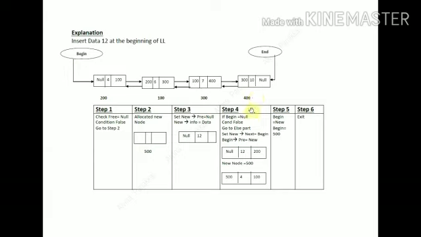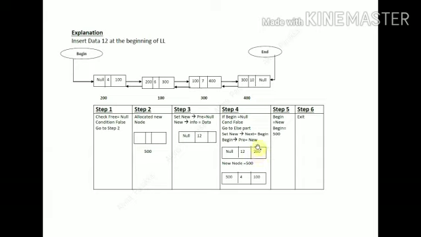In the else part, what we are doing is set new next equal to begin. What do we mean by new next? This is the next part of the new node. Here we are going to store the value that the begin pointer already holds. What is the starting address? 200 is the starting address. So begin contains the value 200, and that value we are going to store here. That is, to the new next part we have stored the value 200.